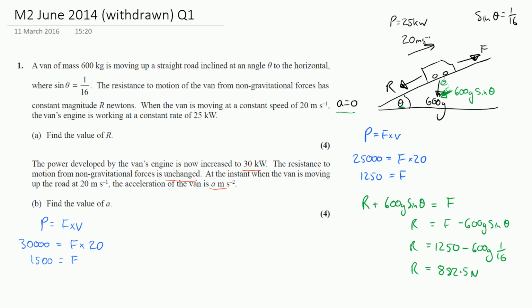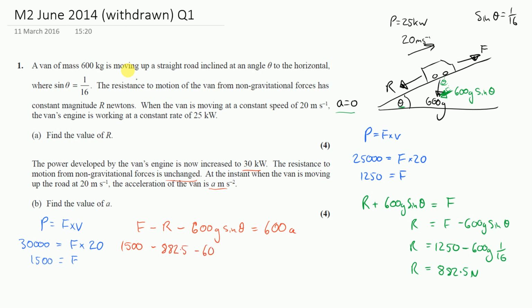Now I think about resolving forces, and this time I should be left with some remaining force that's going to cause acceleration. F is driving my van forward, so I've got F, and from that I subtract the resistive forces R, and I subtract the weight of the van acting down the plane, which is 600 g sine theta, and that should be equal to the mass of the van, which is 600, multiplied by its acceleration, A. Substituting in the values that I know, we've just calculated our new value for F, which is 1,500. We subtract away the